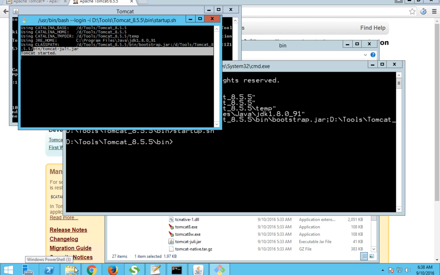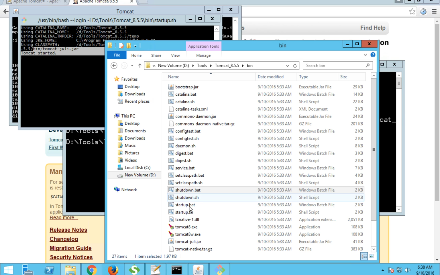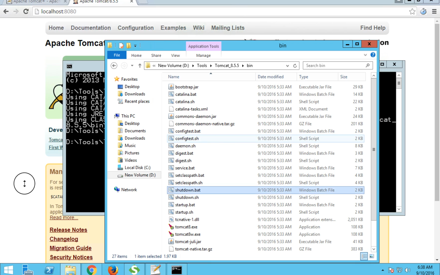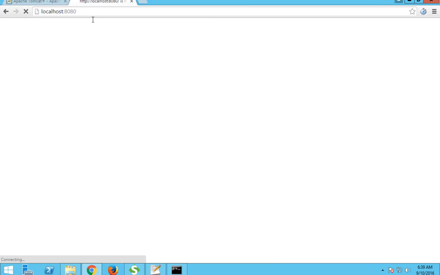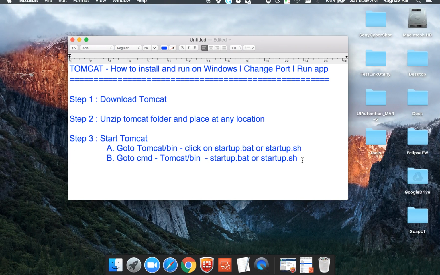Let me shut it down once, and I'm just clicking on shutdown.bat to make sure my Tomcat is now shut down. Yes, it's shut down. So there's another method, which is you can go to your command prompt and you can go to the bin directory, and here you can say catalina.out space start.